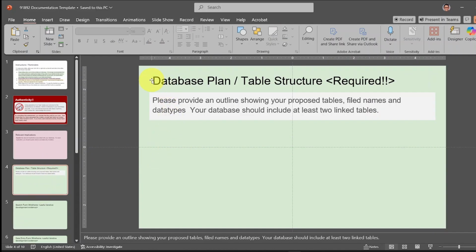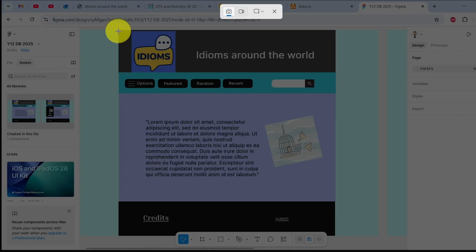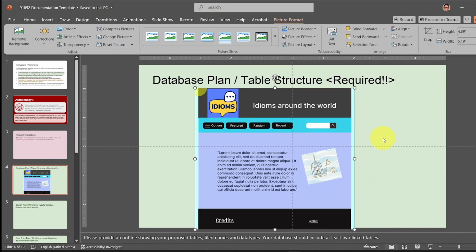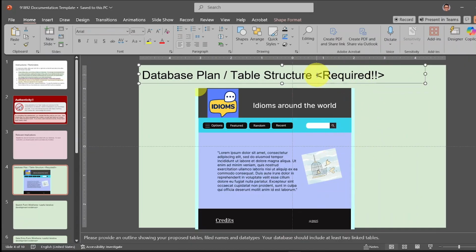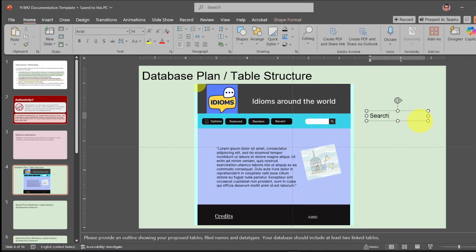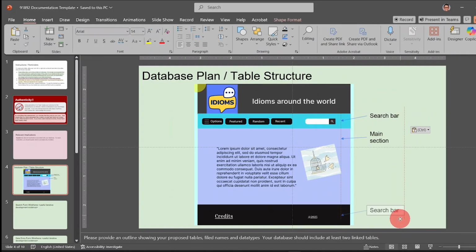Here we are going to add evidence of the database, table structure, and the wireframe. I'm going to delete this part. I'm going to review on Figma and screenshot our design. Make sure you explain some of the main components of your page. For instance, search bar, the main section, the footer,